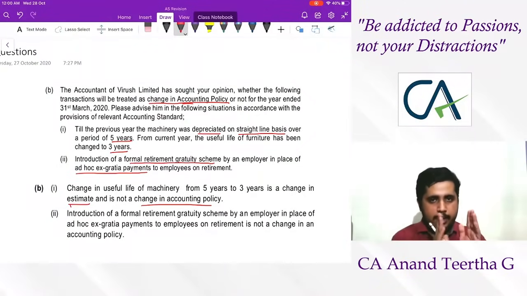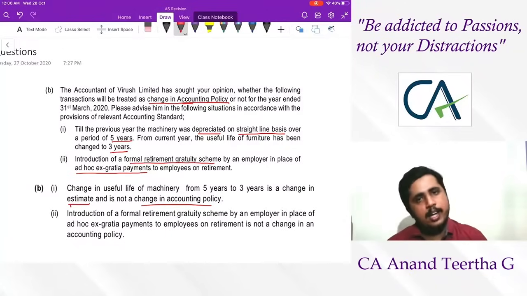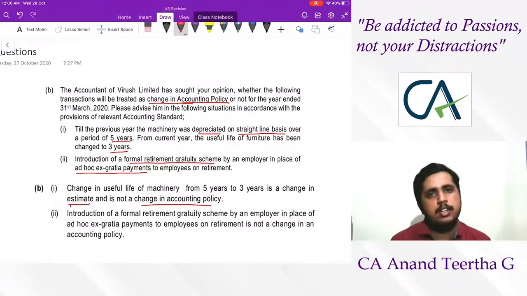Because there is already a way of looking at the transaction. You are only making the changes over there. But if at all you are totally differing from the transaction acceptance, then it won't be called change in policy. It is also an introduction itself. So therefore, do not consider that as change in policy. So as I've already said, I repeat, every answer will revolve around these 5 points only. Know the rules of these 5 points, then you have to just decide under which rule it is going to come, then put it over there.